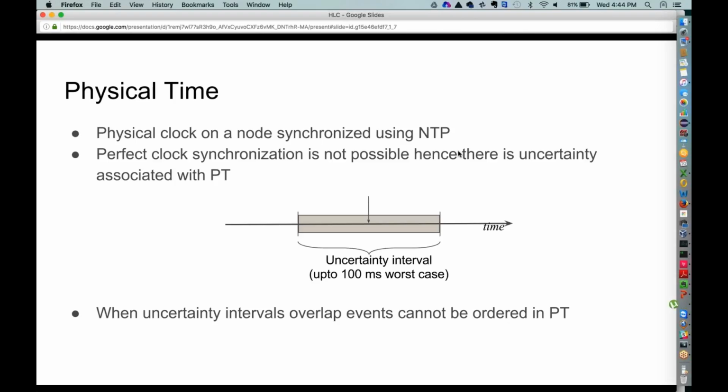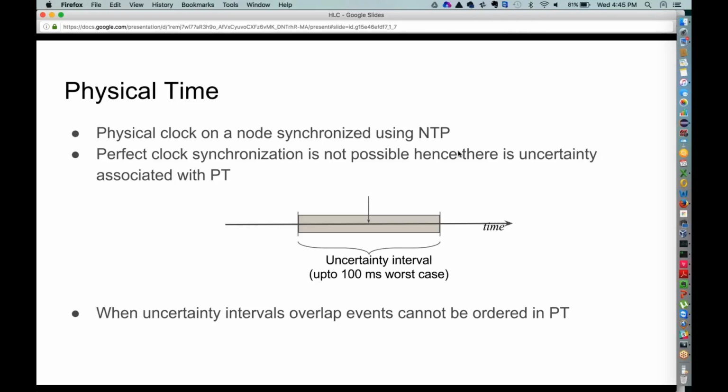Depending on how the network conditions are, worst case, your uncertainty bound can be of the order of 100 milliseconds. So even if your clock says that the time is X, the real time, whatever that is, could be anywhere between X plus or minus 50 milliseconds. Again, I'm talking about the worst case scenario here.